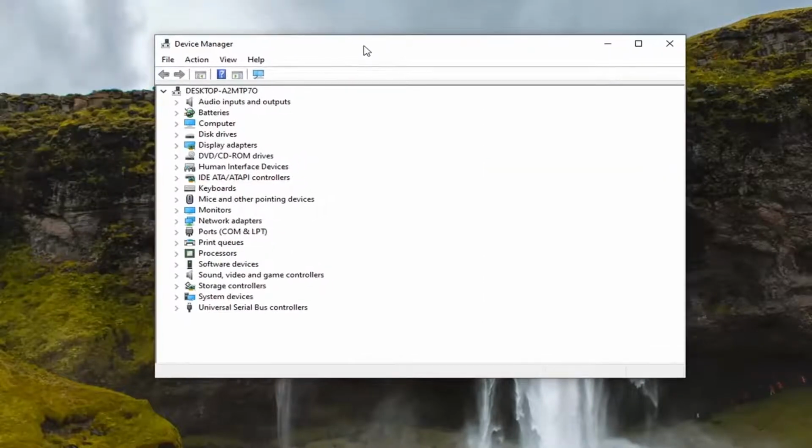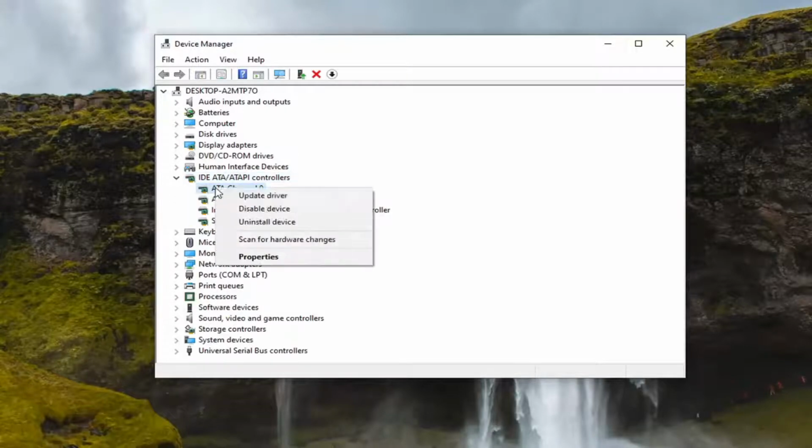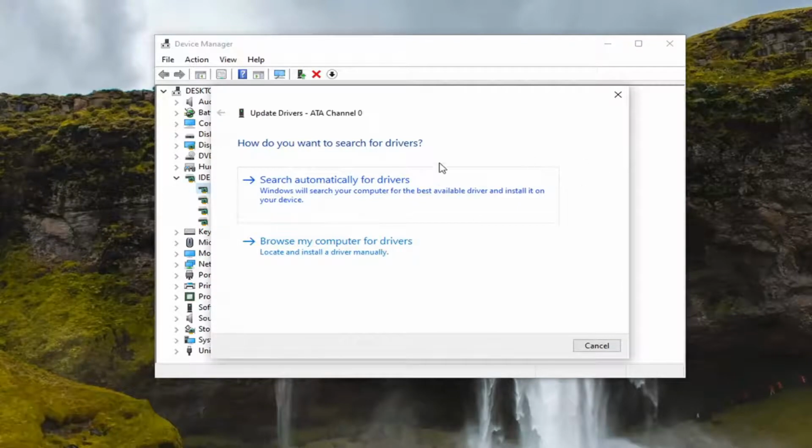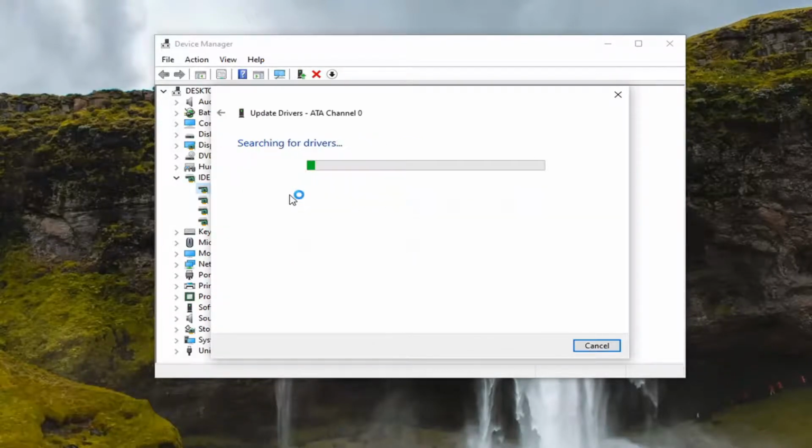And in here you want to look for something that says imaging devices or camera perhaps, but you probably would say imaging devices. I don't have one in here, but if you did, you want to double click on it and you just right click on it and select update driver. Again, it would be imaging devices or camera perhaps,